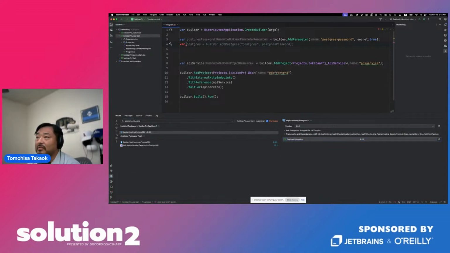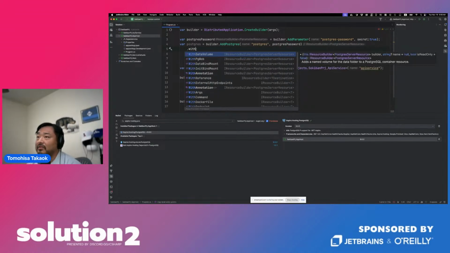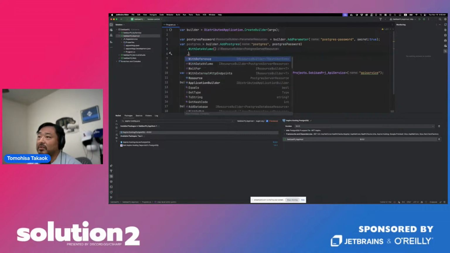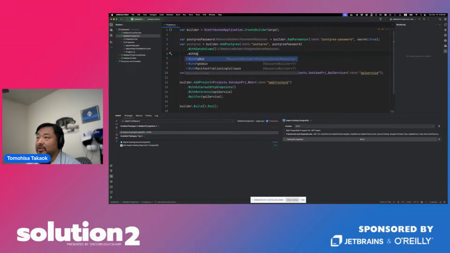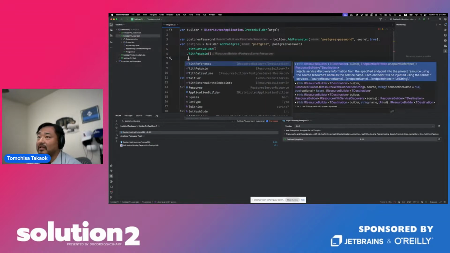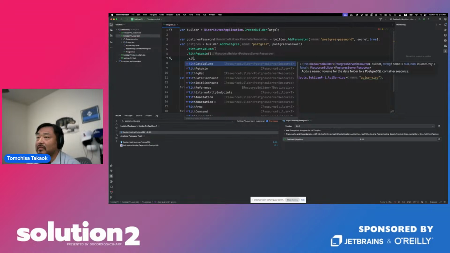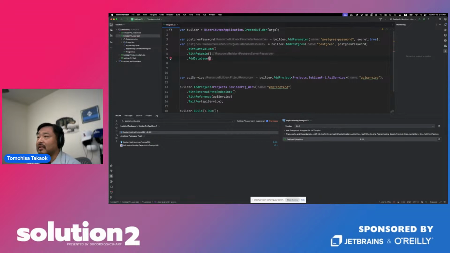And then var postgres. And then you want to save the data, so with data volume, and also you want to show the admin with pgAdmin, and create a database with add database, and then Sekiban Postgres.